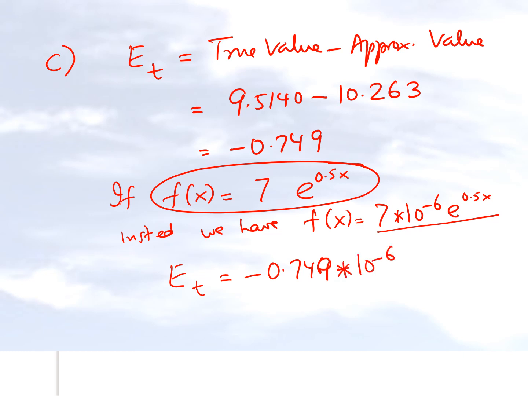So suddenly for the same problem, just with a different function, slightly different function in terms of the constant being 7 times 10 to the power minus 6 rather than 7, we get a true error which seems to be a very small quantity. So same problem, but we find out that in one the number looks very small, in the other one the number looks reasonably large. So how do we distinguish between the two is what comes in the picture, because we have to figure out whether the numerical method is working properly or not. So we might be calculating true errors for trying to figure that out.